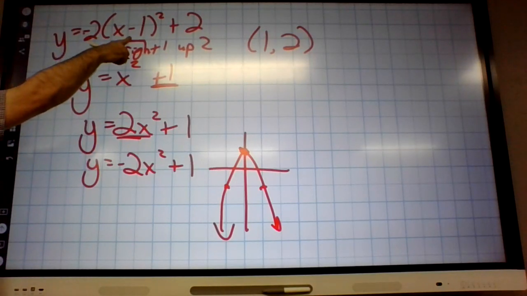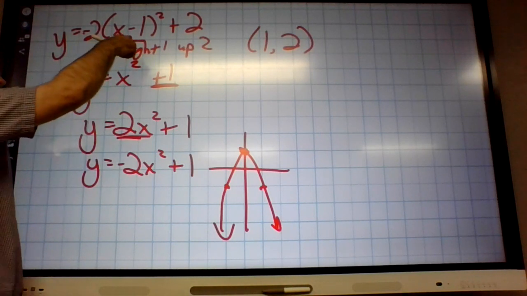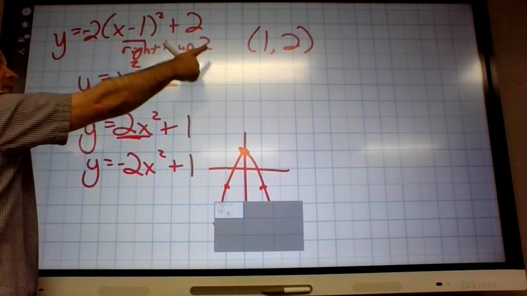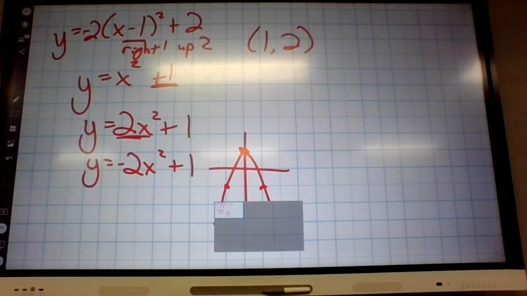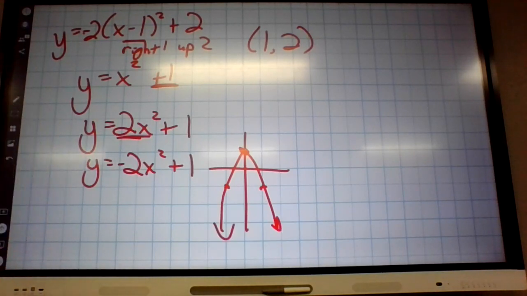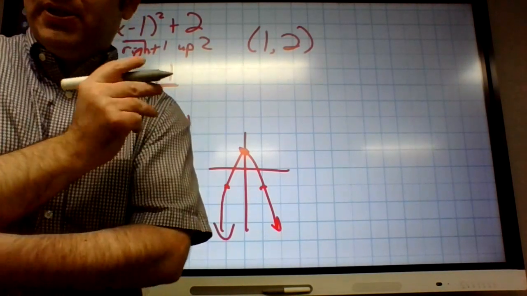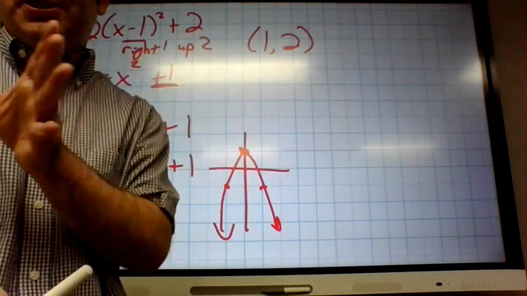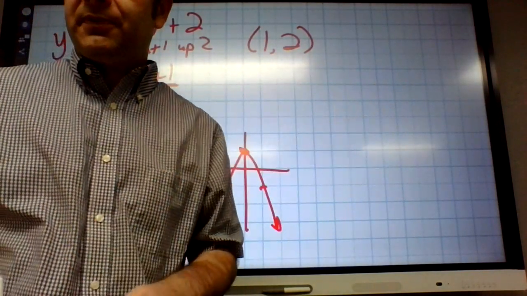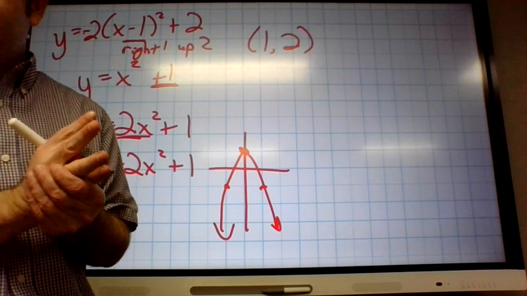This moves it left or right, opposite of what it says. This would be right 1. This moves it up or down. So that is everything. It's kind of a repeat of yesterday, just a little bit of a wrinkle more. It shifts left or right today. That's the difference. Okay, so on number 1,